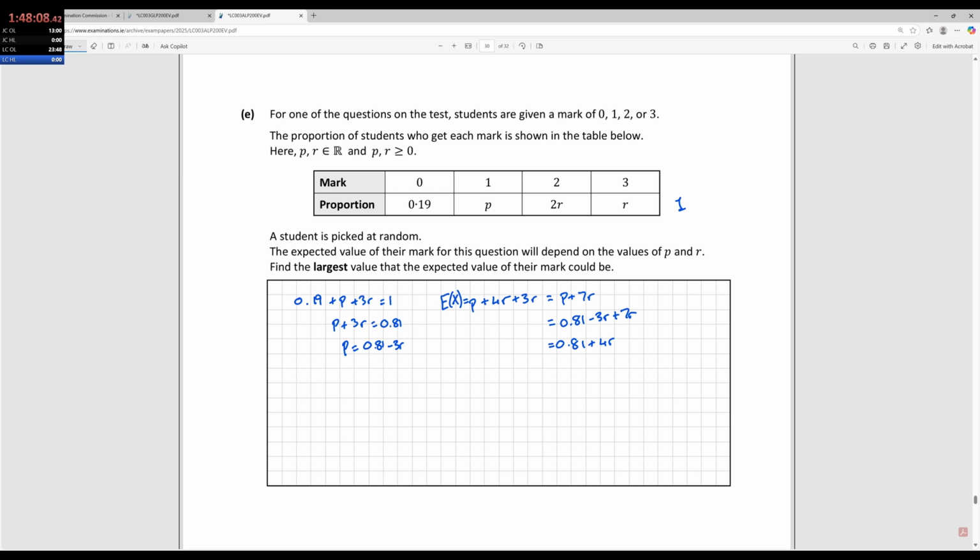And they said, what's the largest value that the expected value of their mark could be? What's the largest value? So largest is another way of saying maximum, so I was going to differentiate this. If we did the expected value of x, this would get 4, right? So we'd be saying that the increase is at a rate of 4, but that's not the actual mark. So what we need to do is take that and sub that back in for the R